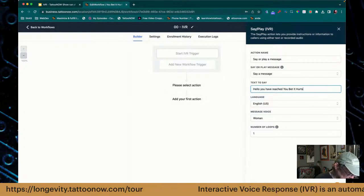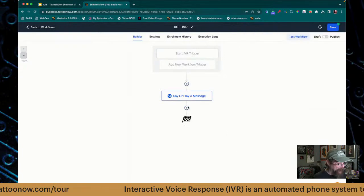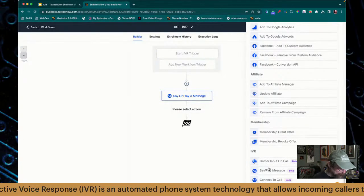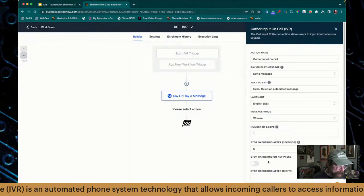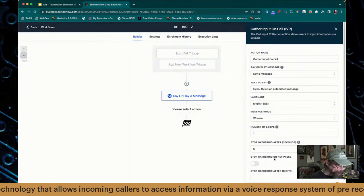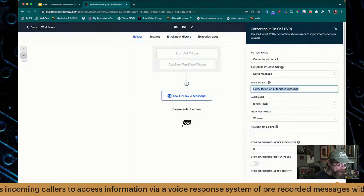And woman's voice, number of loops 1, perfect. Now the other common input that we'll use is gather input on call. So while this message is playing, people can press buttons. So in this case, we're going to say,